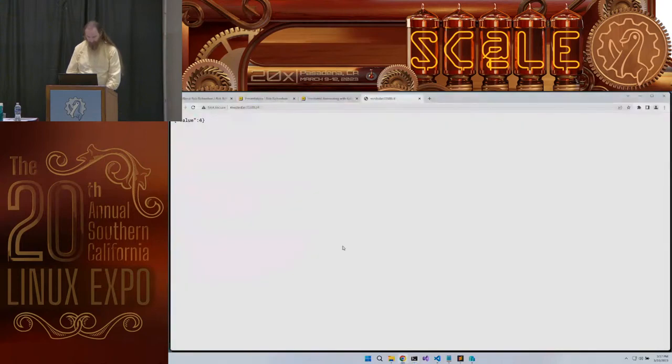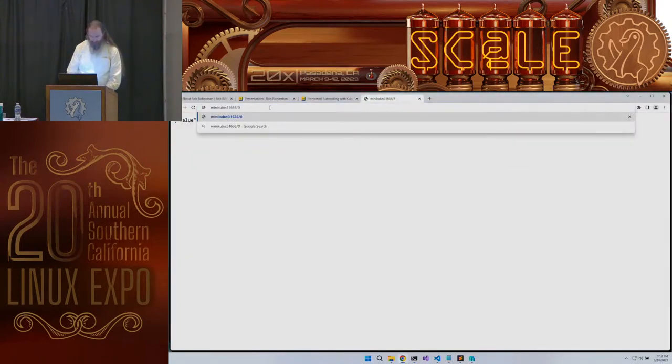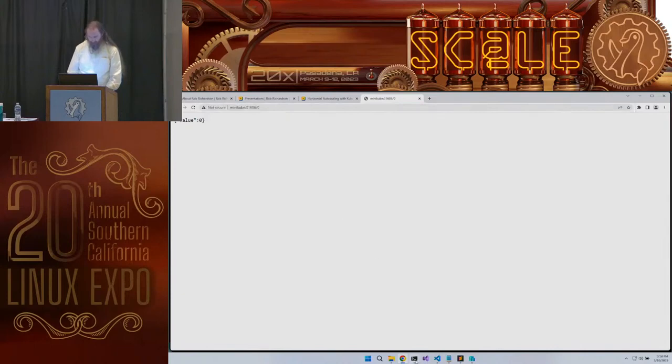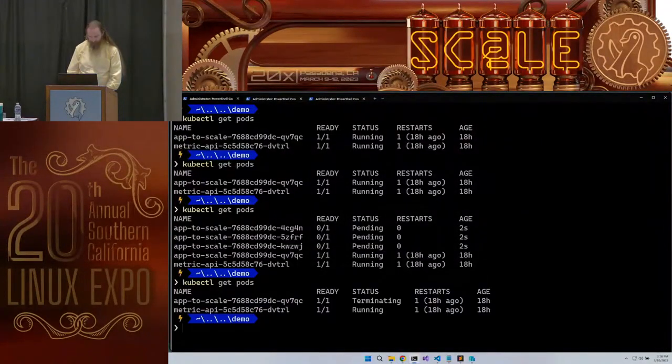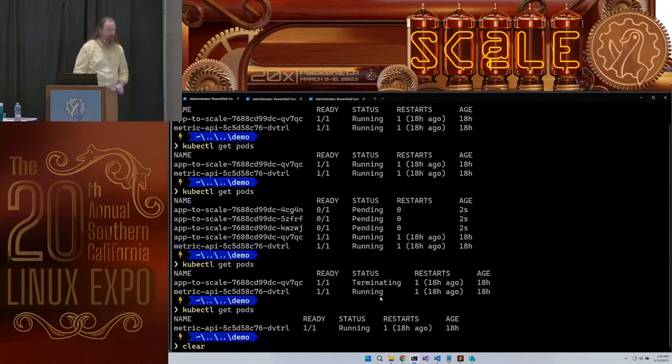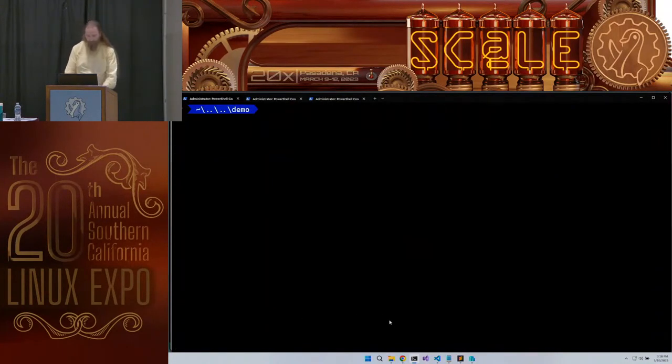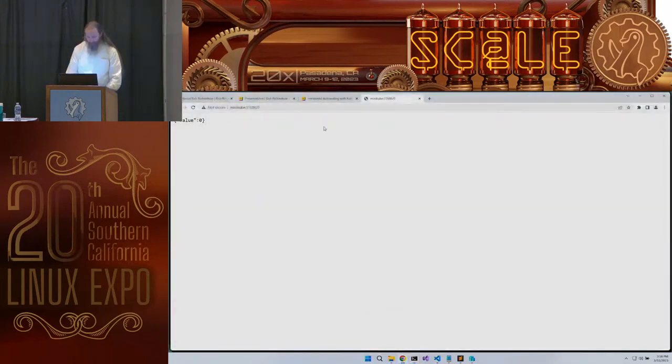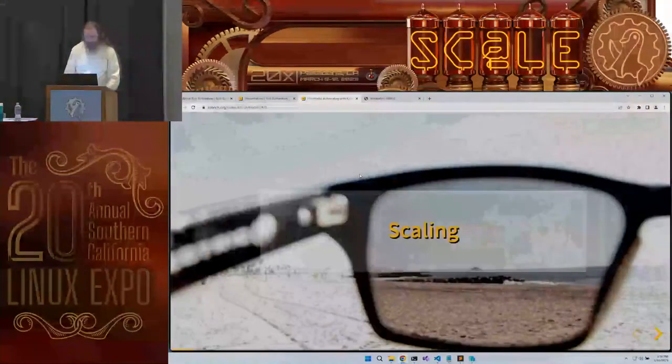And now I have 4. And now I would like 0. Give it a second to find that new metric, and now I have none. And so that is manually scaling Kubernetes. We can see that we can get more and fewer pods, and let's figure out how to do that automatically.